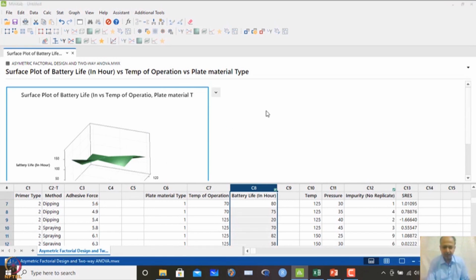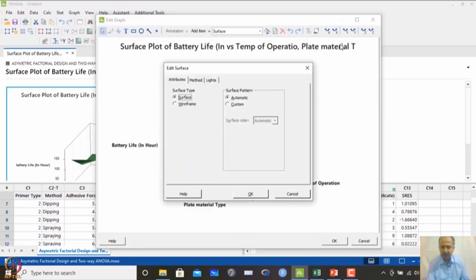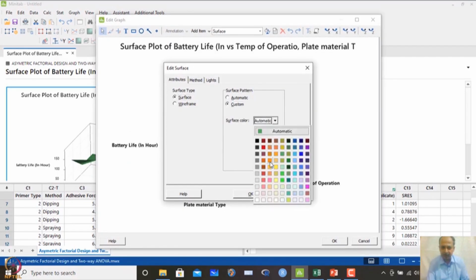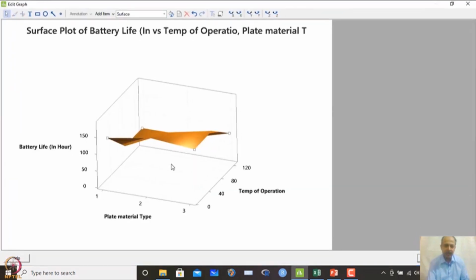So, this is the surface plot that we are seeing over here. What I have done is that I have just changed the surface over here, customized this one, and I have made the surface like this. Now, if you take a top view of this surface, then what we get is a contour plot, which is also very important when we are talking about